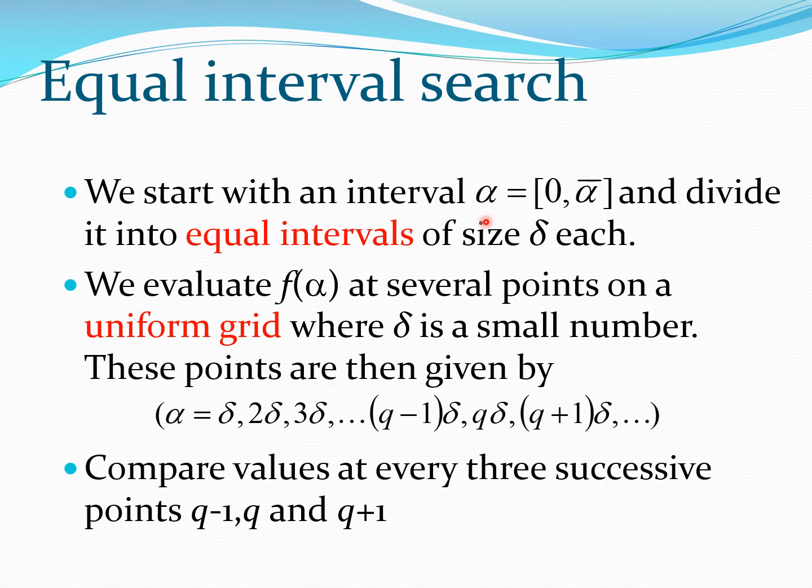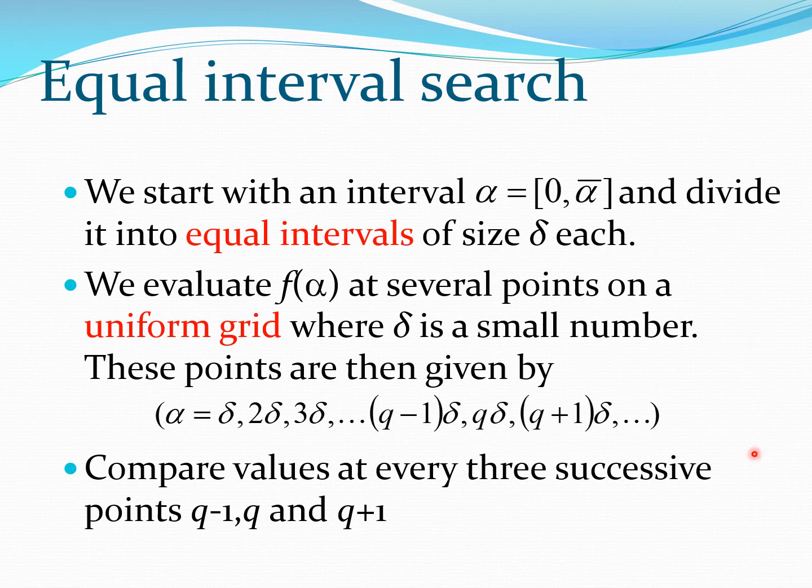So let us say we start with a certain interval and divide this into a uniform grid where each of these intervals is of size delta each. Now we calculate the value of the function at all these points on the uniform grid where delta is some small number. So maybe you start with a value such as 0.1 and then go further down. So these points are then given by delta, 2 delta, 3 delta, q minus 1 delta, q plus 1 delta,